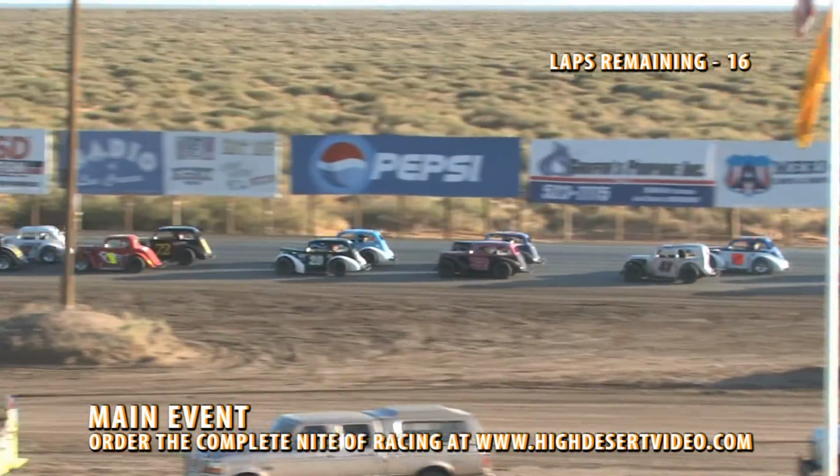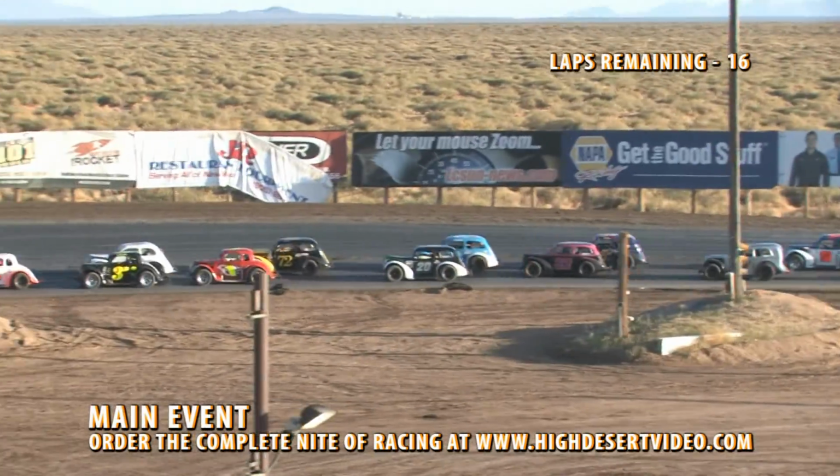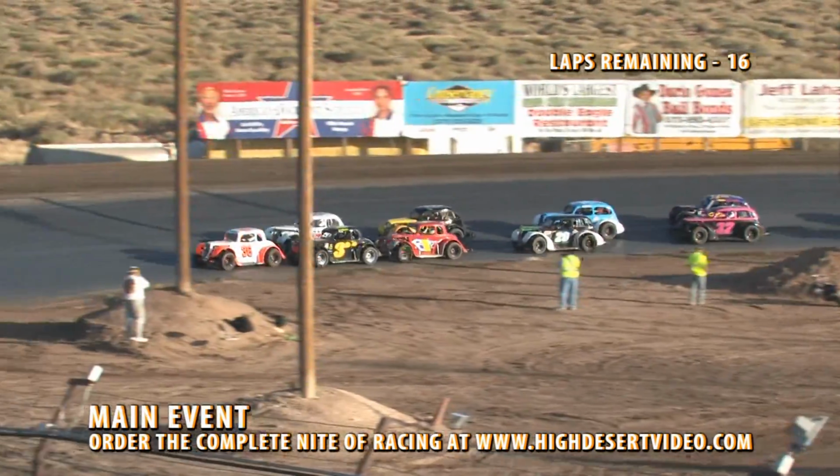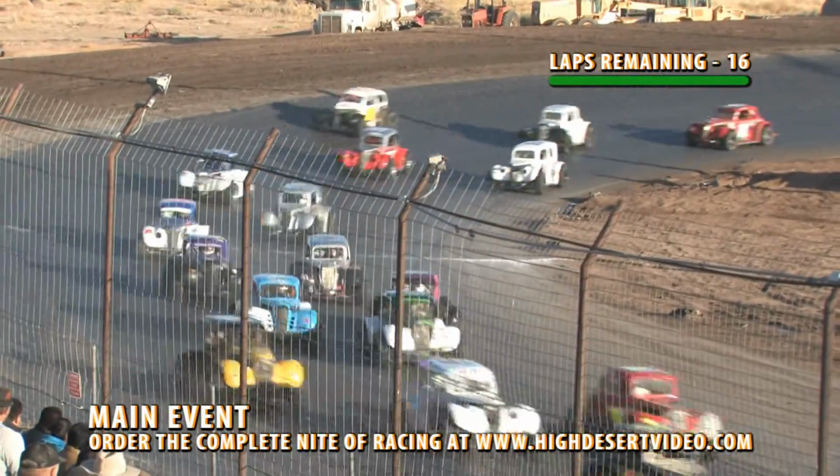In running order, we have 16 laps to go on the Pepsi Messina Valley Transportation scoreboard. Zach Powell, the Lucky Stripe signs and graphics number 36, the driver out of Albuquerque, New Mexico, going to set a slow pace down to the drop of the green flag. We hit the chalk. The green flag waves. The Legends are back